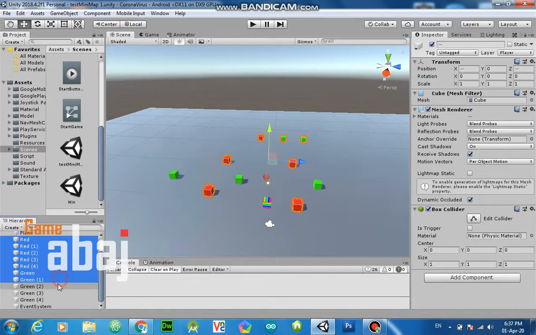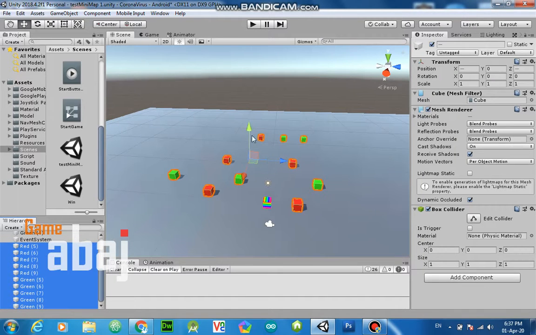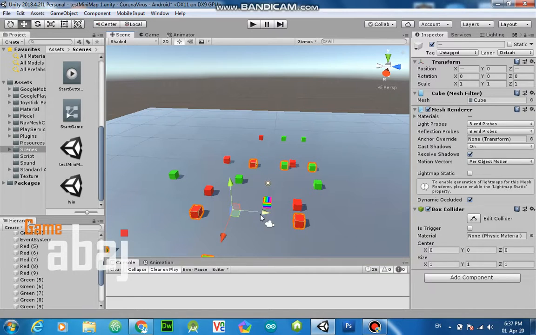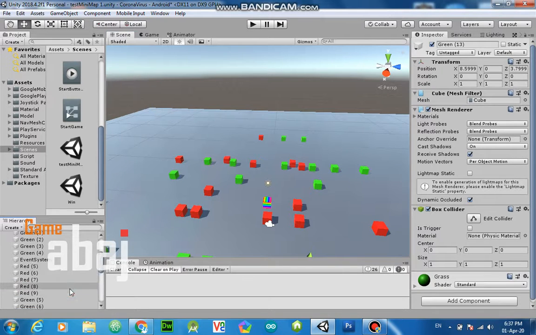We can duplicate them and place them all over, left and right. So all over there are enemies, and red is enemy, green is not enemy. So this is a player.